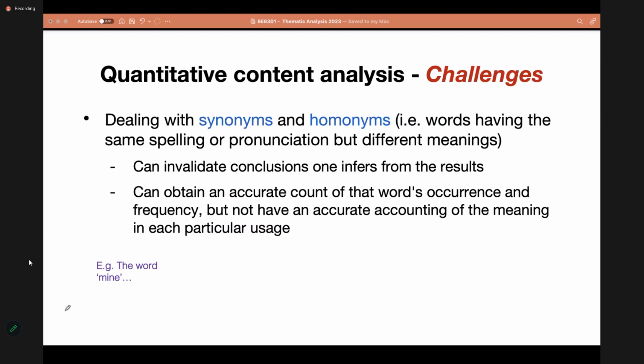But there are certain challenges that we have to keep in mind when we are doing this type of quantitative content analysis. One obvious challenge is dealing with synonyms and homonyms.